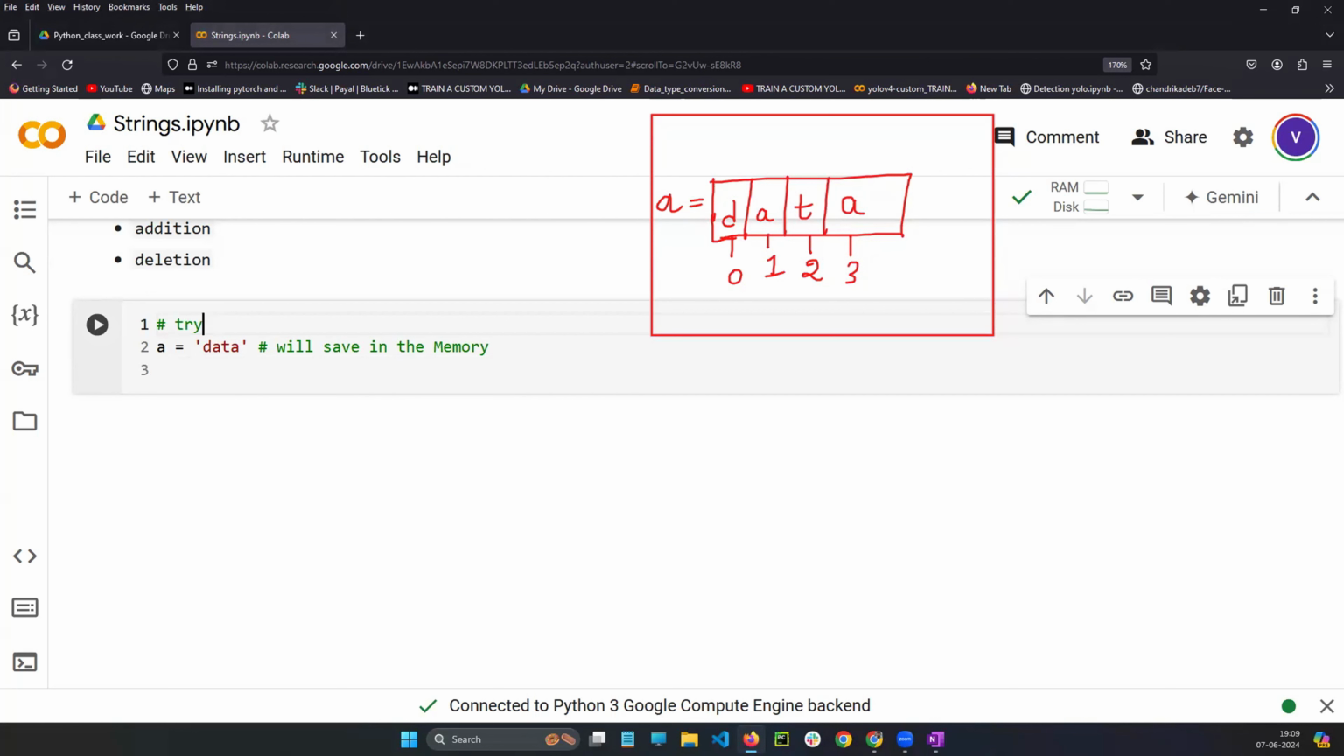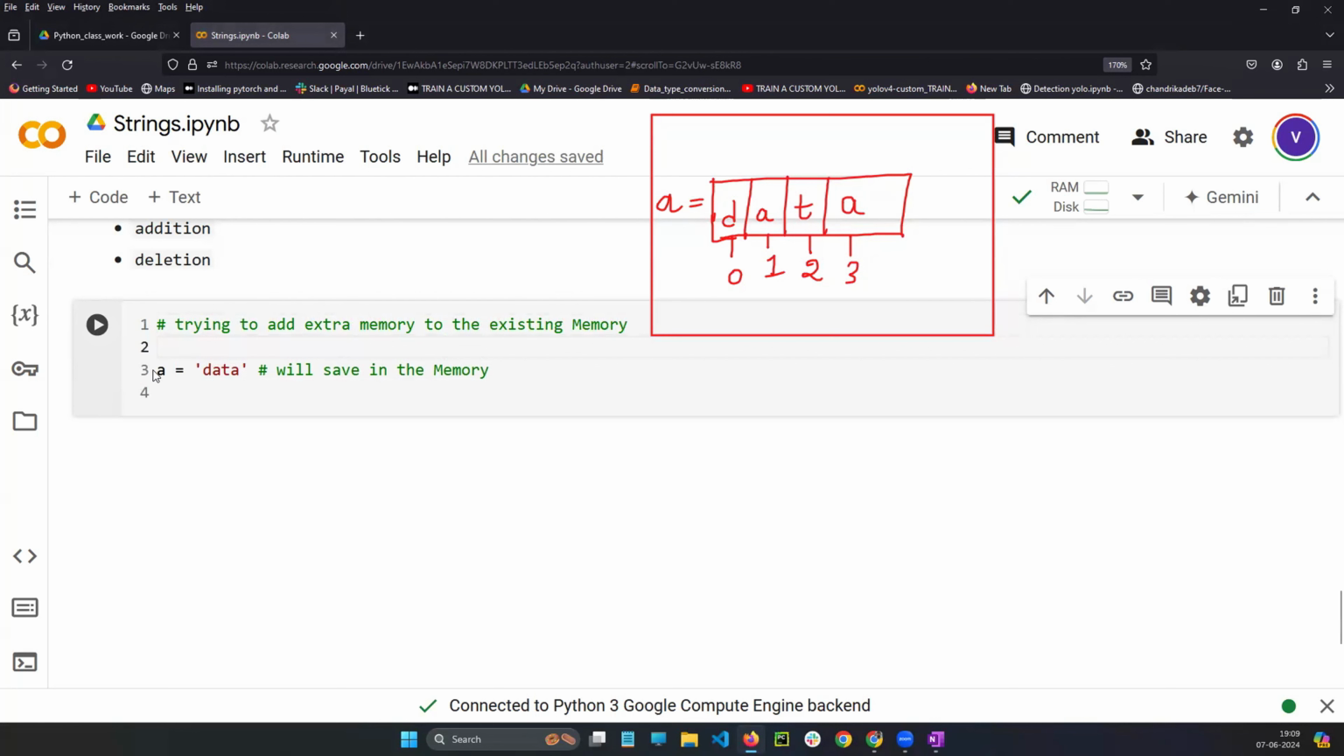So, I'm trying to add extra memory to the existing memory. What I'm saying is, the first line is already saved in the memory. So the memory is there, the existing size is there, which means indexes 0, 1, 2, 3. I want to add extra memory for it. So in a simple way, what I want to do is